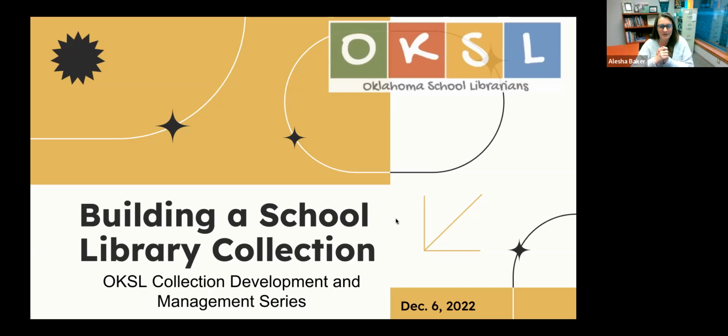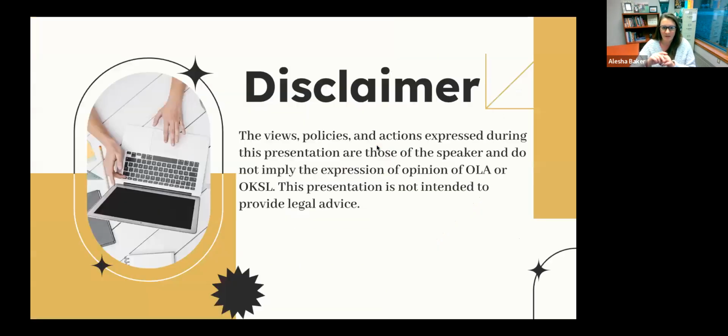And we have two speakers here. We have two school librarians from the Tulsa area. First, we have Michelle McCain, who is going to be speaking to you. She is from Trace Academy, Tulsa Public Schools. And then we also have Lisa Rowland, who is from Jinx Public Schools, and they can tell you a little bit more about each of their building sites when they speak. So before we turn it over to them,